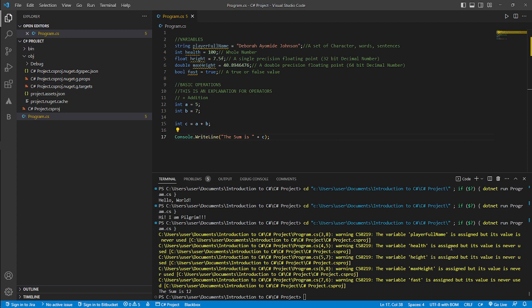All right, so okay, we have these errors, but we can see the sum is 12. The sum is 12. Okay, so that is the sum of a and b. 7 plus 5 is 12. So it will print out this result for us. The sum is 12. In order to avoid having all of these, we can just